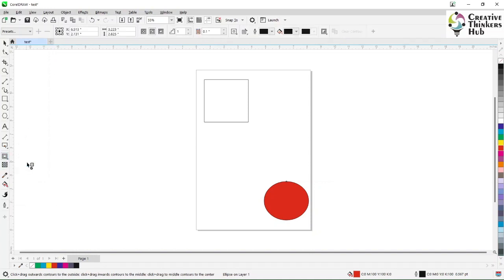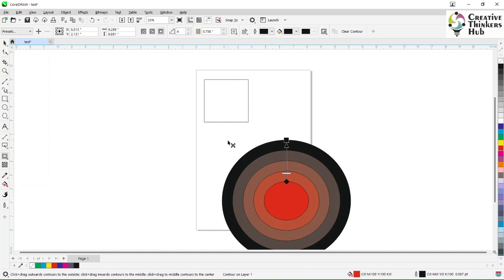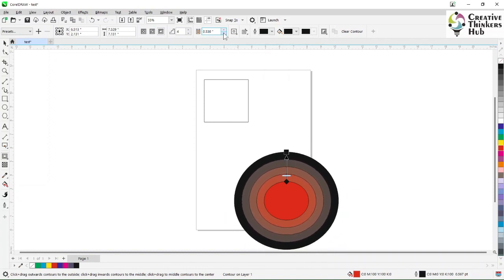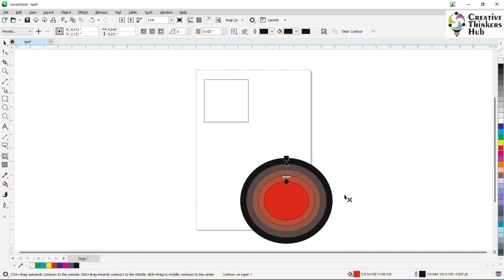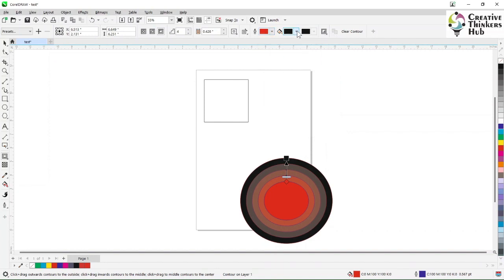Next is contour. Now this object I want it contoured. In how many steps? I can increase the number of steps. By what distance, I can increase or decrease the thickness distance. So don't you think you can create a good psychedelic effect? Let's say I just change my fill color to blue, so I'm going to get the output. If I make it red again, let's see what I get. If I make my fill